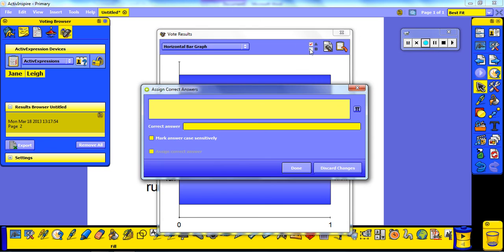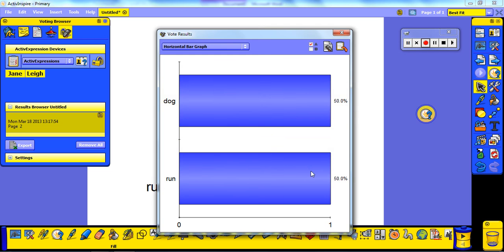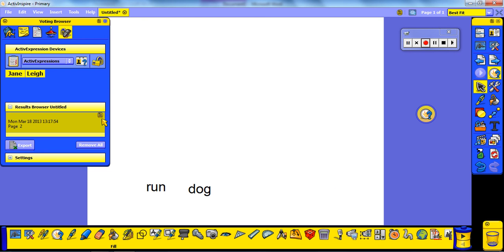But if I wanted to, afterwards, assign a correct answer, I could type in what the question was, and then I could type in the correct answer and assign it. Since I really don't have a correct answer for what the noun is going to be, there's several different options, I'm at least going to type this question in because I want you to notice right now there's no questions showing up, but when I say done and close this out,